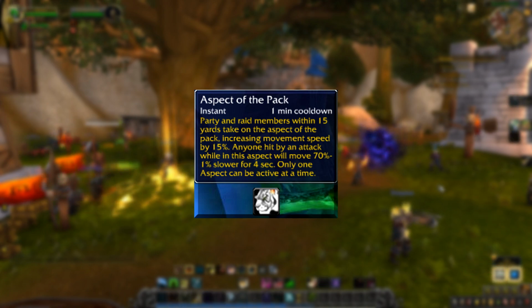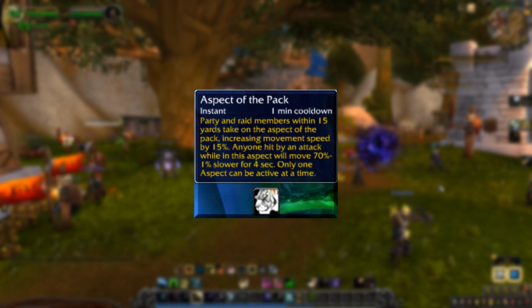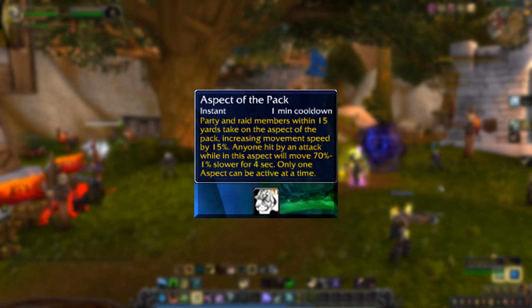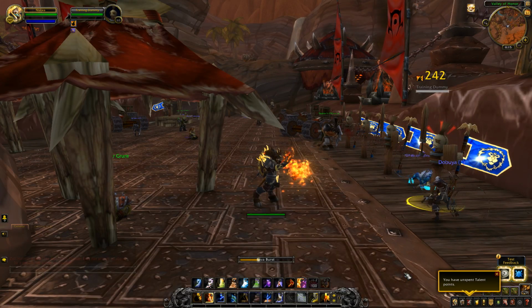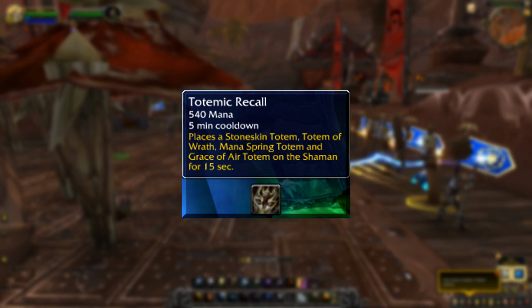So it seems not as good as before. It still slows people down. It's a 1 minute cooldown, so it's not passive, and its movement speed is less than before. It used to be 30%, and now it's 15. Next up for Shamans, they have Totemic Recall, which Shamans probably remember this